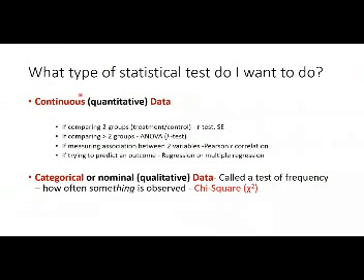These are the guidelines. If I am dealing with the continuous data and the data is quantitative, ज़ाहिर है जब continuous है तो quantitative data होगा, qualitative नहीं होगा. Then if I am dealing with the quantitative continuous data, and if I am comparing two groups, for example treatment and control groups, then we apply either standard error or t-test. If we are comparing more than two groups, then we apply ANOVA.